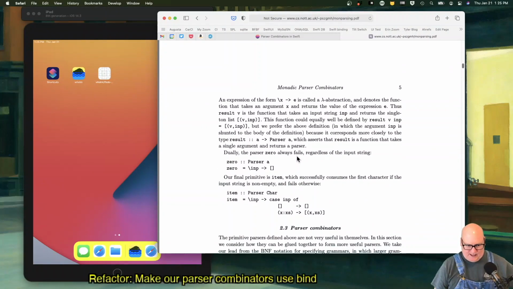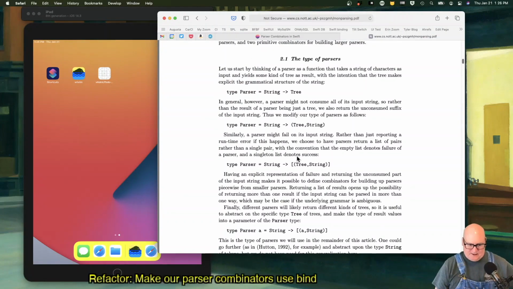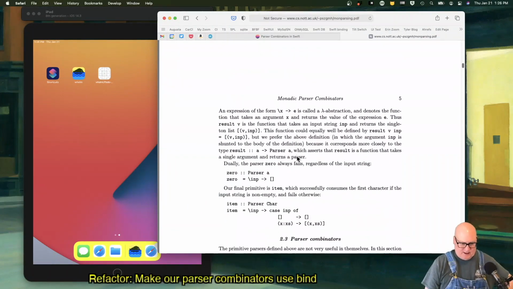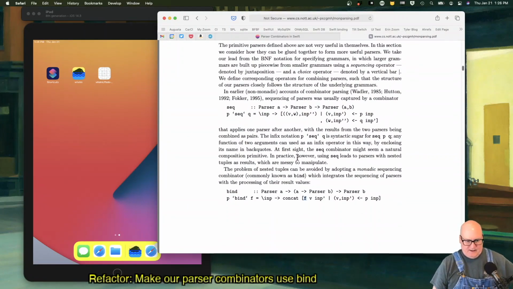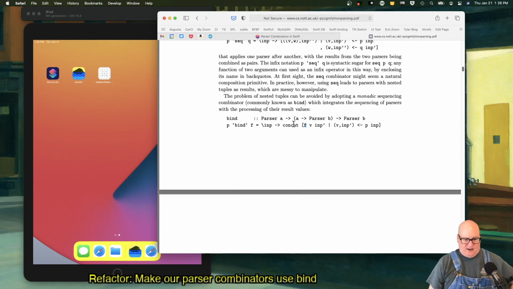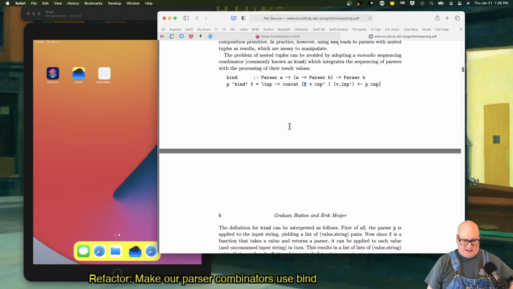But let me go back to their bind, because I used a slightly different one. Where's bind? Okay, here's bind. Yeah, so this is the old way. Wadler 85, Hutton 92, Fokker 95. And that's kind of what we have, that we keep getting these things stacked up and nested deeper and deeper. Okay, so their bind, and I don't know Gopher, which is a functional language, well enough, but what their text says is